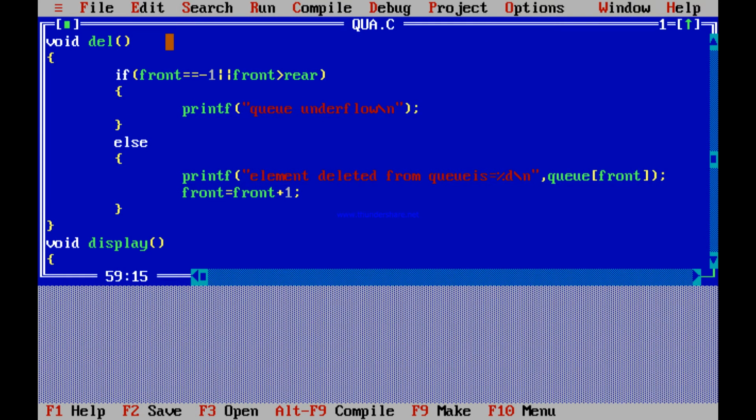Now comes your deletion part, like how we are going to delete the elements from the queue. So what our if condition says is if front is equal to -1, and you can see the two parallel lines, that is the OR sign, the second condition is front is greater than rear. So if either one of these conditions is true, then it will print queue underflow,